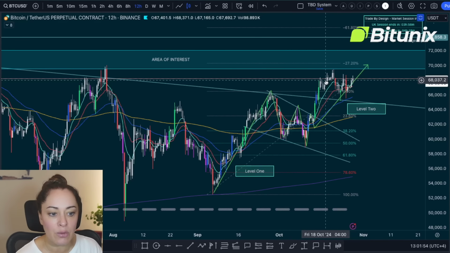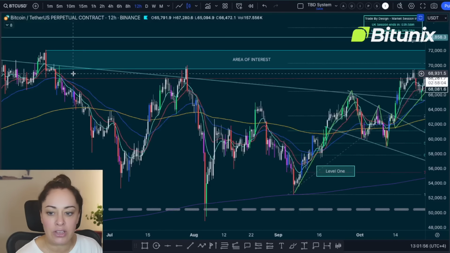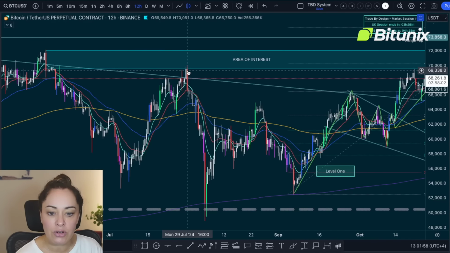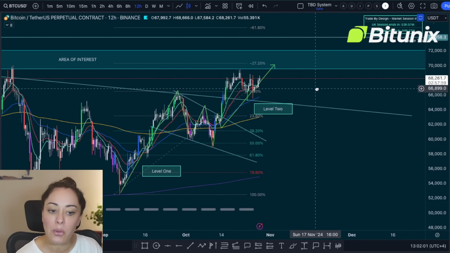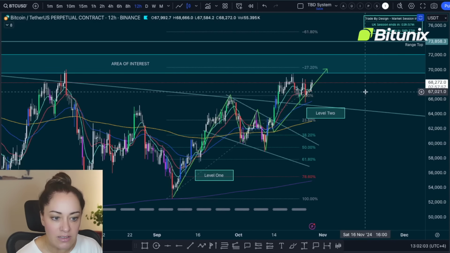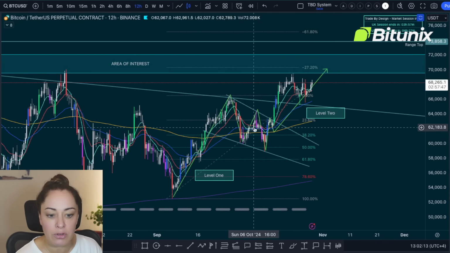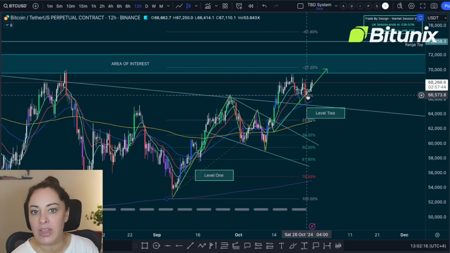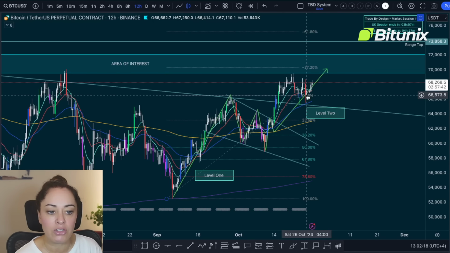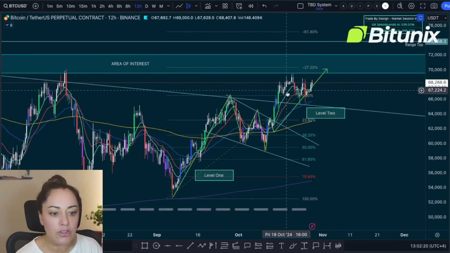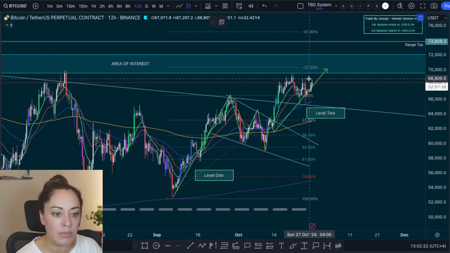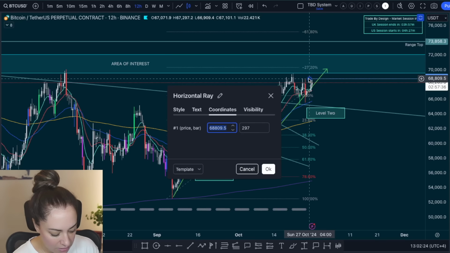So we're expecting the breakout, which we got. And the area of interest is this vector right here. We've returned there once, we've returned there twice, but we haven't broken through it just yet. And again, when I have a look at this, it just looks like it's building more consolidation. When it's building consolidation between rises, we assume that it's just the market maker building their contracts to be able to break through next. So this is making sense to me why I'm now seeing those orders at 68,900, because